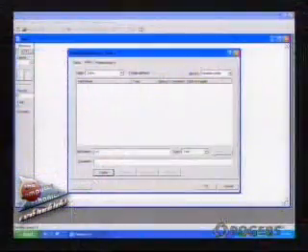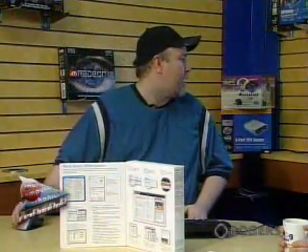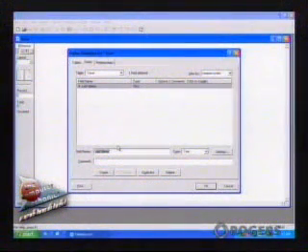I'm going to fields. I'm going to create a table here. I'm going to say last name. Whenever you're creating a database that has names in it, one of the programmer rules is you're supposed to break up last name and first name. The reason being, if you ever want to sort by one, it's easier to sort by first name or last name. It's going to be a text field. I'm going to click create. I've now created my first field in FileMaker Pro, and I'm pretty excited about that.